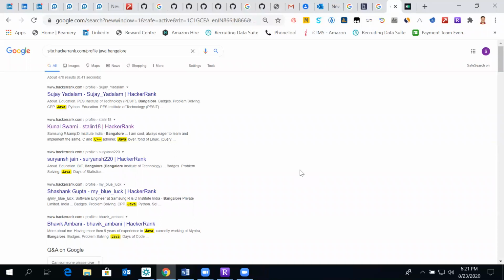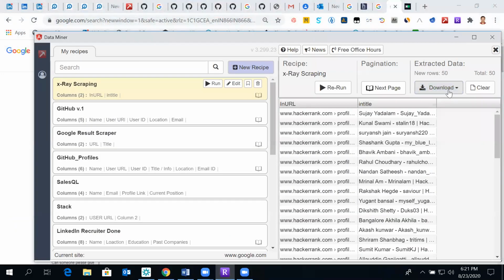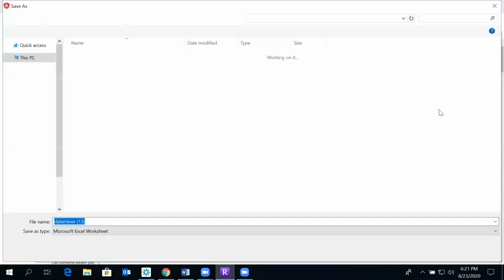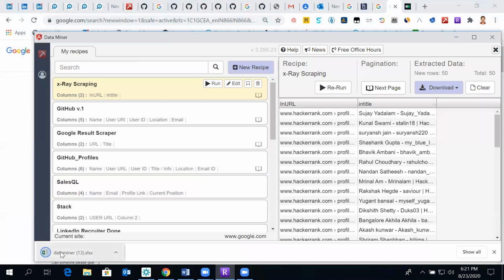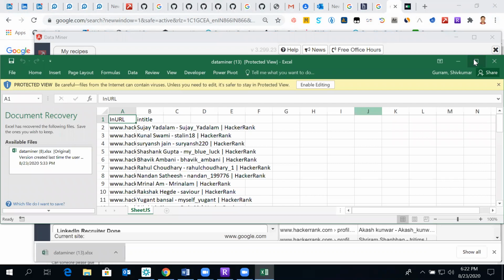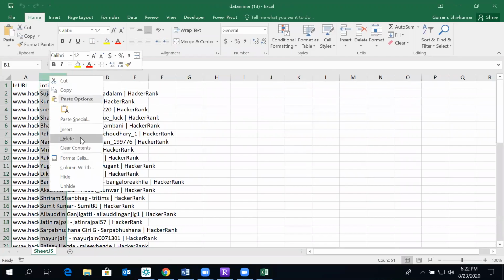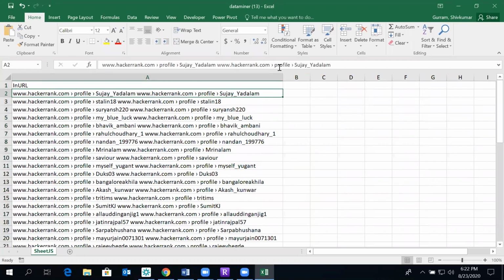Still it is getting corrupted. So it got scraped twice in the same column.